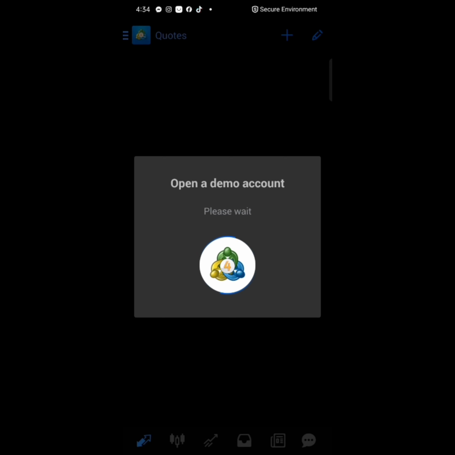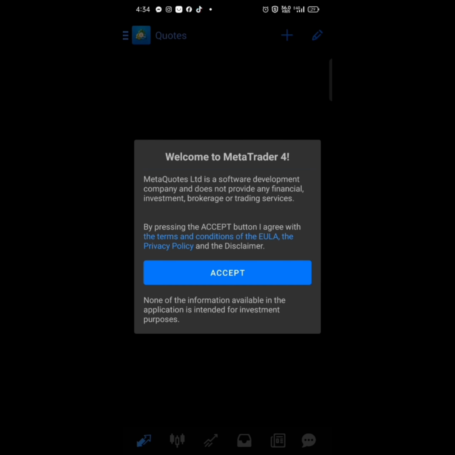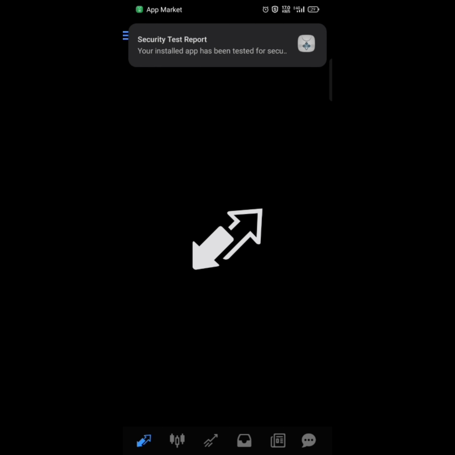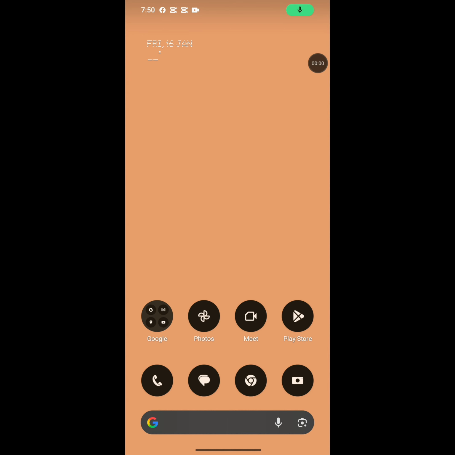Now, to download the MetaTrader 4 application, once you open your Play Store, on the search box at the top, type in MetaTrader 4 and make a search. You're going to see the search results displayed on the screen. Tap on the application. On the next page, click on the Install button just below the application to begin the downloading